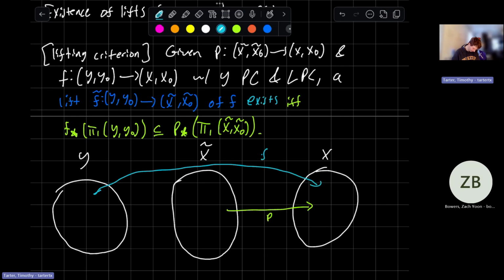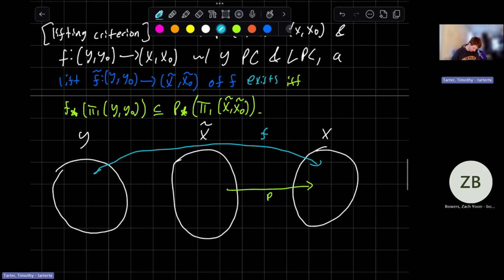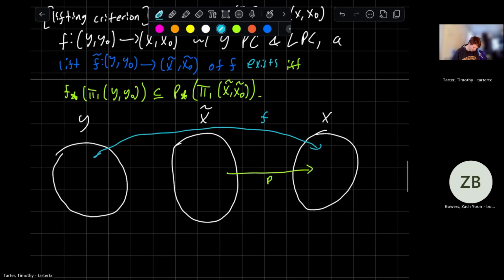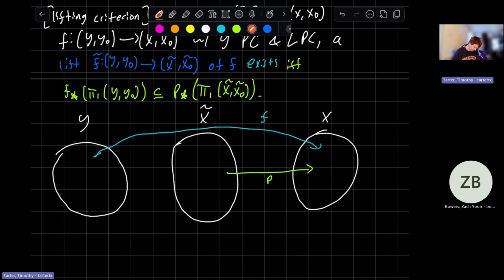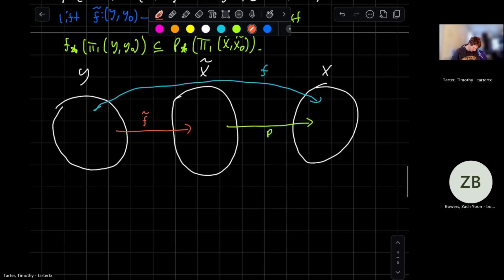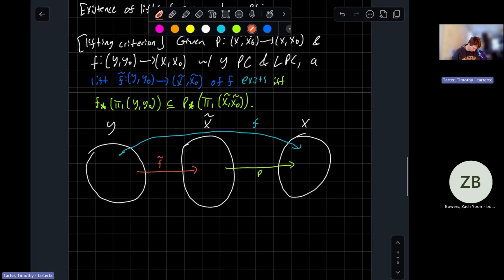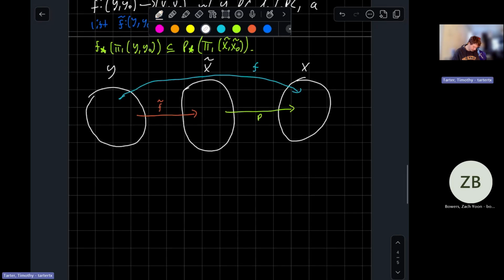We have F. Then that lift exists if and only if the induced map from the functor